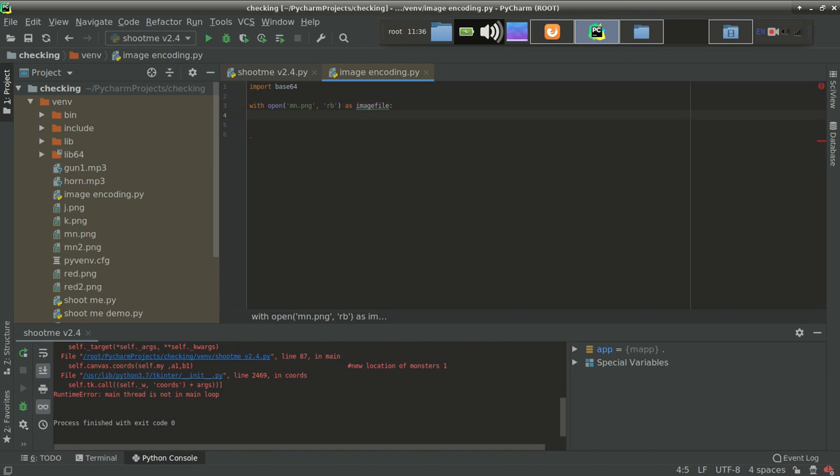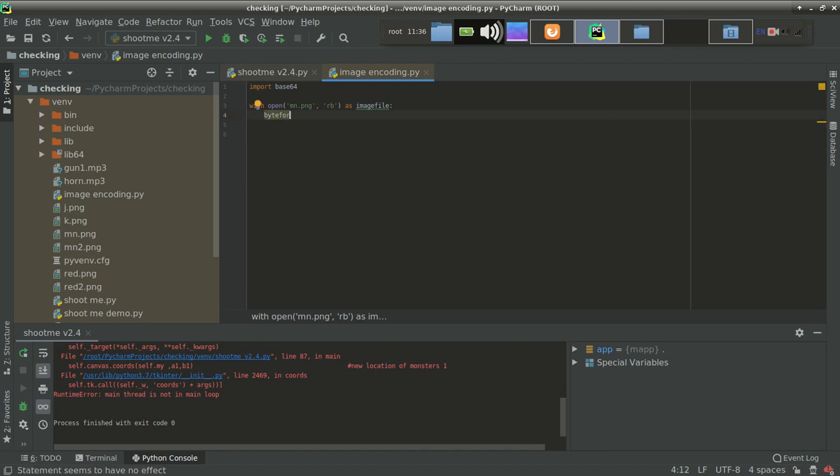So now we want to convert it into bytes. So how do we do that? Let's define an identifier named byte form.